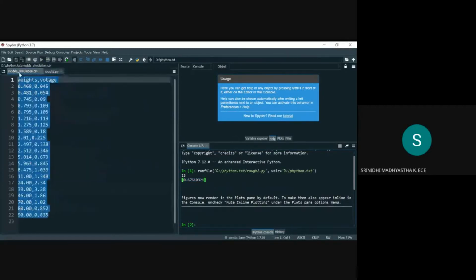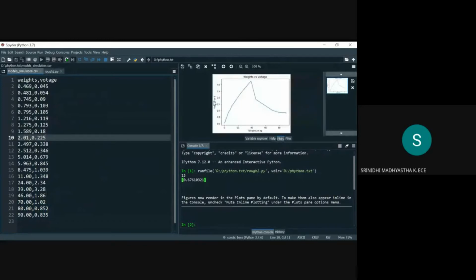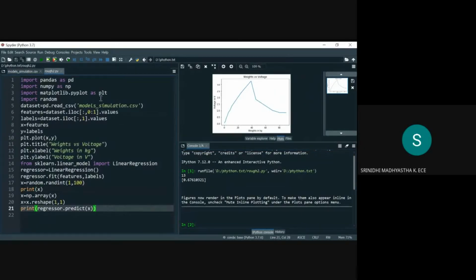The waveform for this data will be seen here. This is the graph.